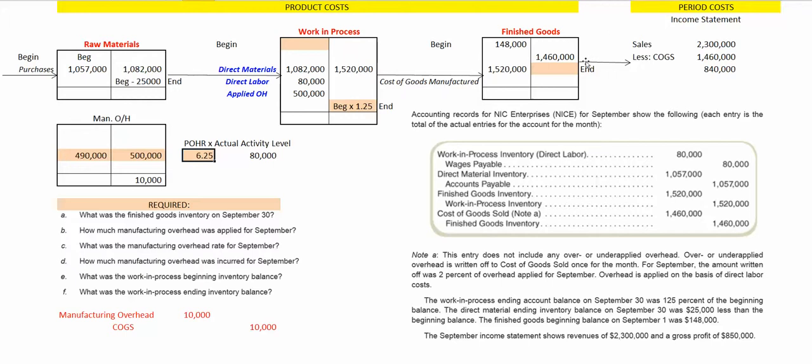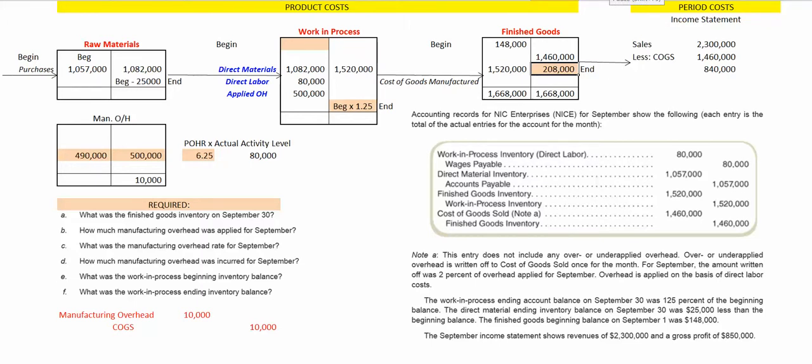$6.25. We still have two empty cells, ending finished goods and beginning, or actually three, and ending work in process. Let's go with finished goods. We know both sides of our box have to equal each other. So we've got 1,668,000 on the left-hand side. We'll need it on the right. And so if we take our 1,668 minus the goods transferred out, that gives us an ending finished goods inventory of